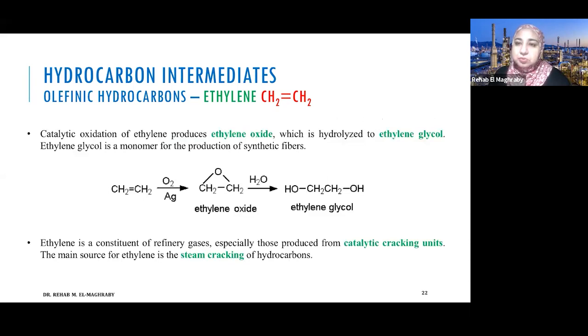Ethylene can also be used to produce ethylene oxide. So as you can see, from a single molecule, this ethylene from ethane, which is one of the components of natural gas, ethane is converted to ethylene. Ethylene is one of the important building blocks for the petrochemical industry. It can be converted to ethylene oxide, and ethylene oxide is converted later to ethylene glycol. Ethylene glycol is one of the components of the plastic bottle, polyethylene terephthalate. So starting with ethylene, you get your plastic bottle.